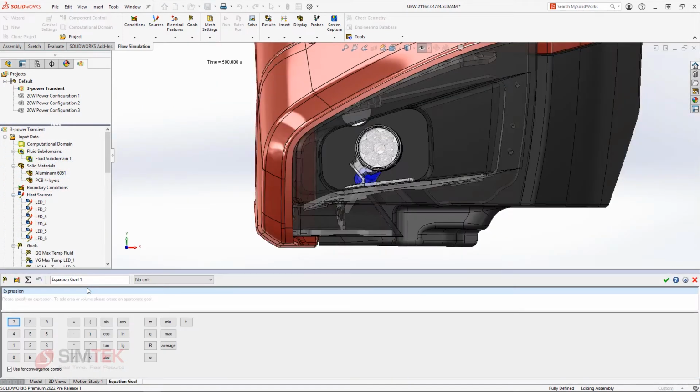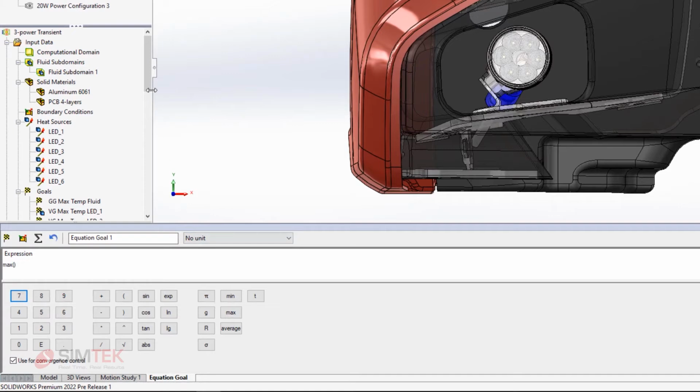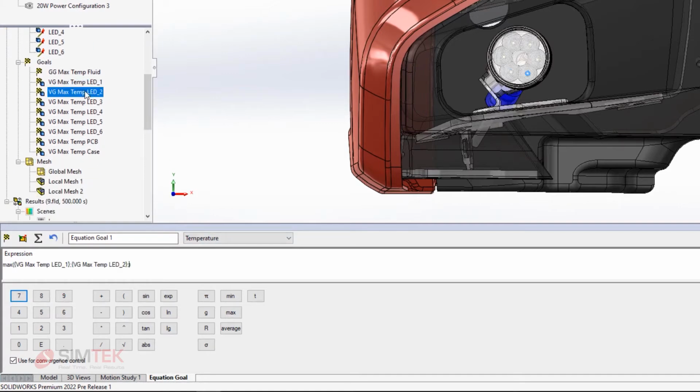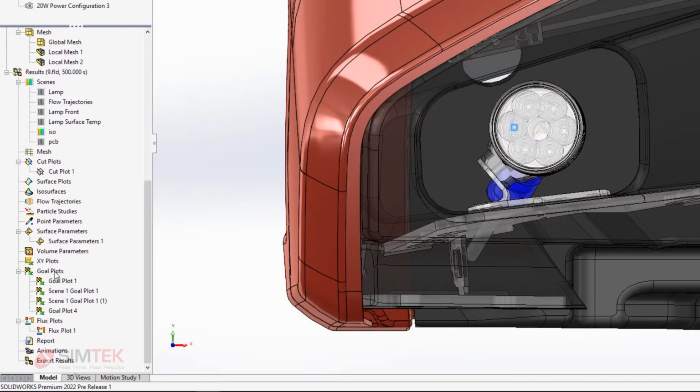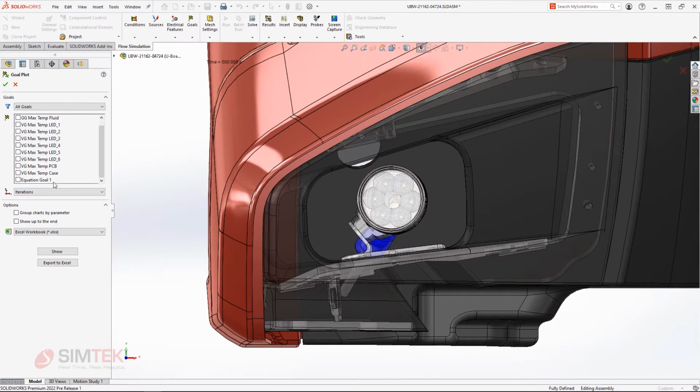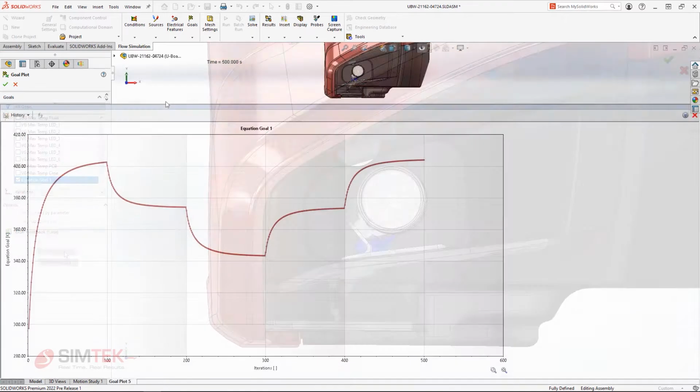We can also now create a new equation goal after running the analysis that can process values of other calculated goals. Let's create a quick equation goal that'll compute the maximum temperature of all of the LEDs over the entire